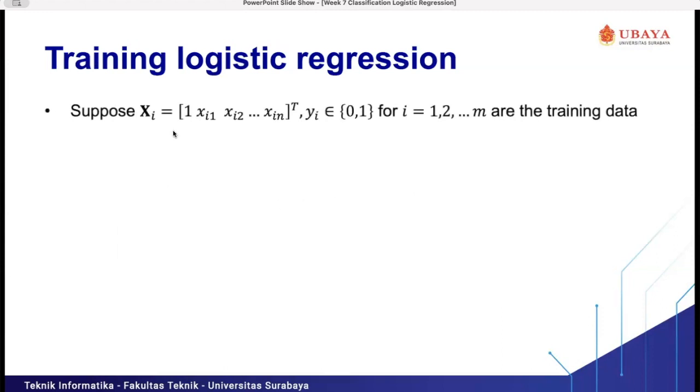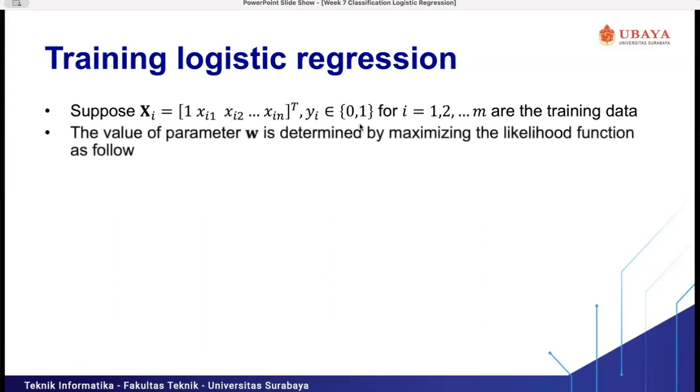Suppose we have Xi, which is the input, with n attributes, and we also have i equal 1 to m. It means we have m training data, and the output will be 1 or 0.